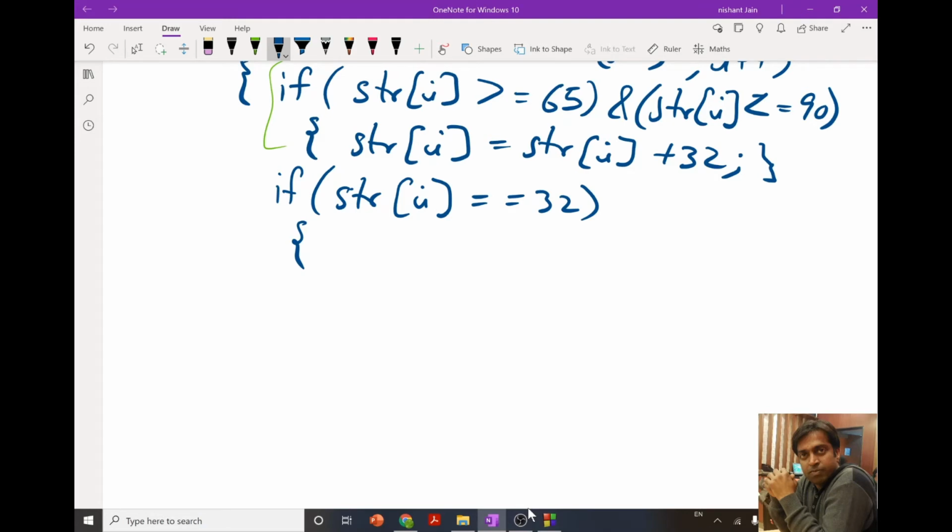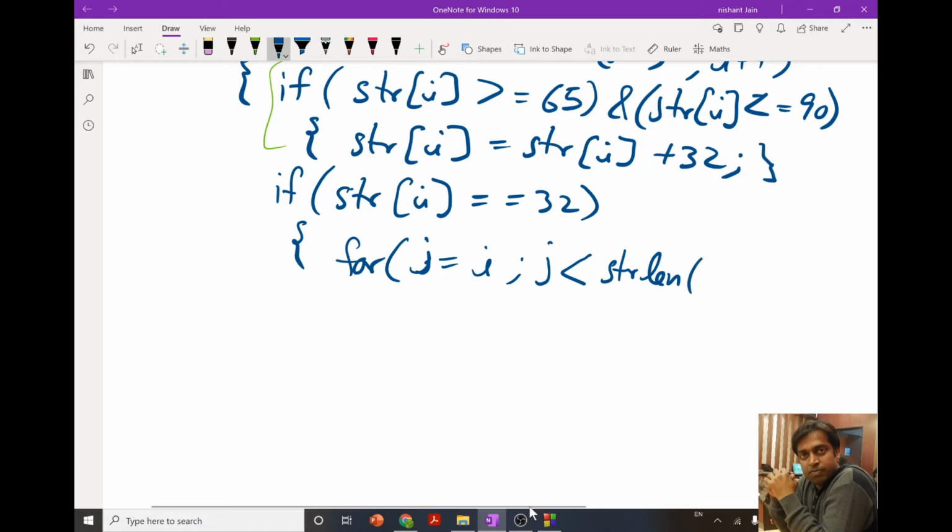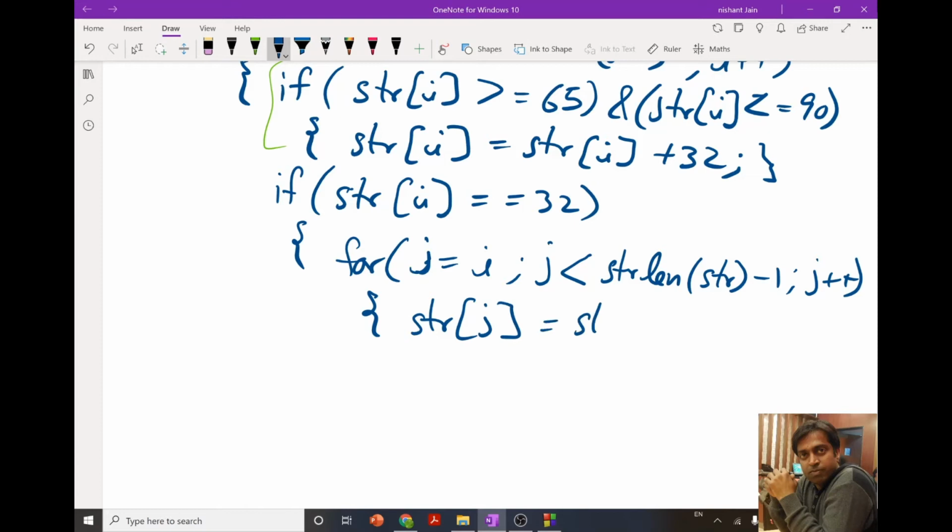I will start a loop again for j equals to i, j less than strlen(str) minus 1, j plus plus, and then str[j] is equal to str[j plus 1].